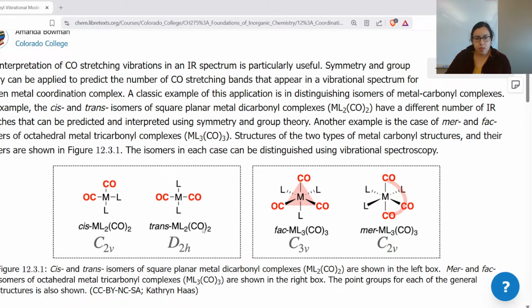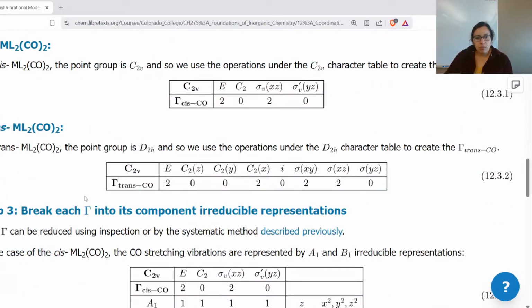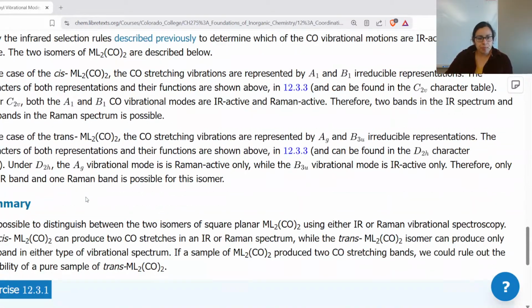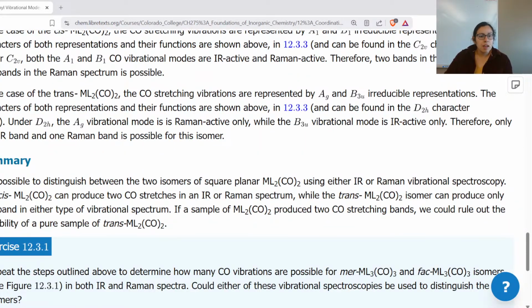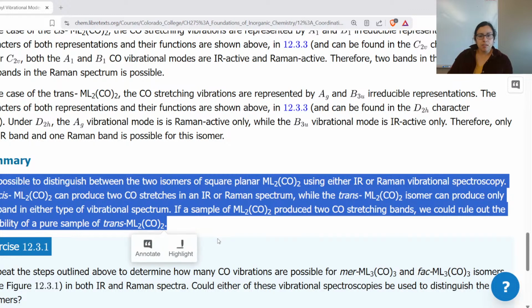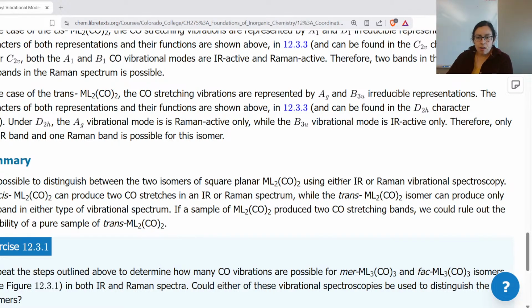The long and the short of this, because it gets into more advanced MO theory, but we've seen this before: the geometry and the symmetry mean different things. We'll skip to the conclusion. It says we can distinguish between our two isomers using IR or Raman spectroscopy. And it says that our cis isomer